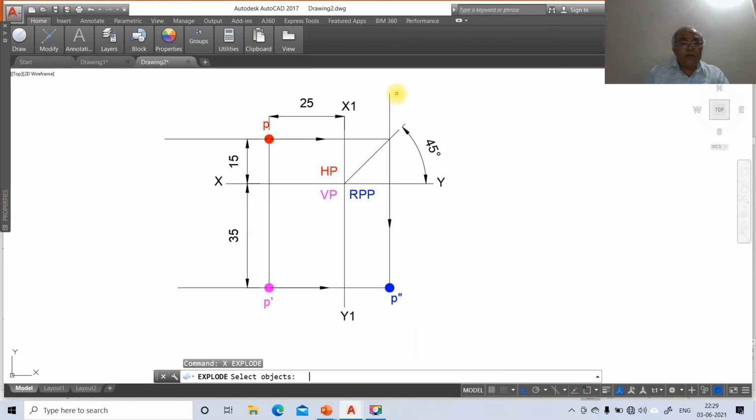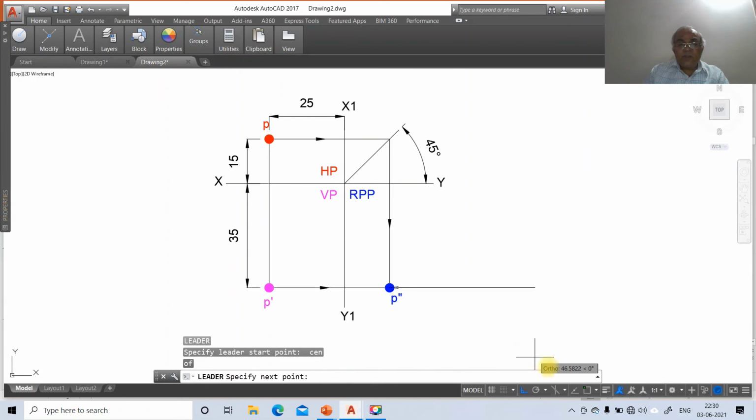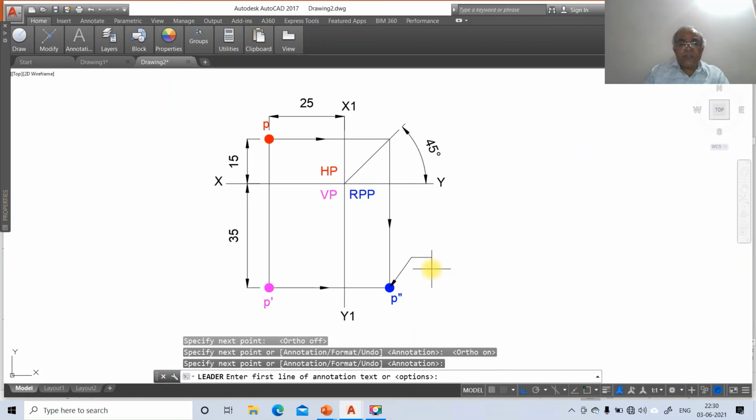Go to explode, select this line, this line and this line, both 3. Then go to erase, E, select this line, this line and this line. Then go to leader, take center of this.